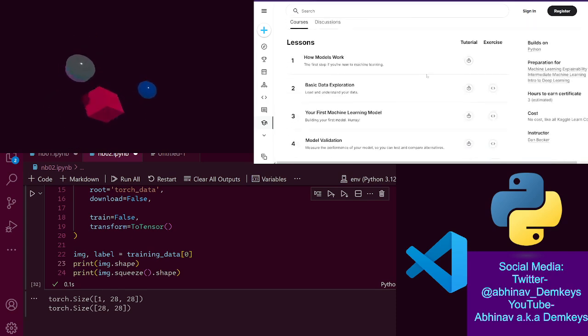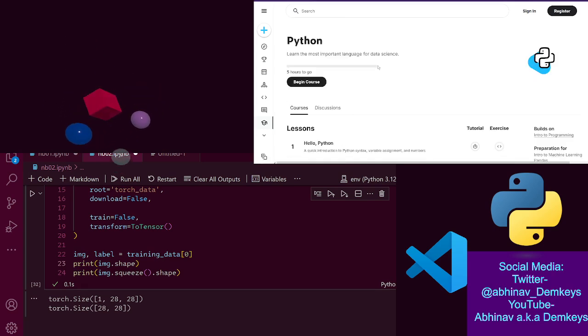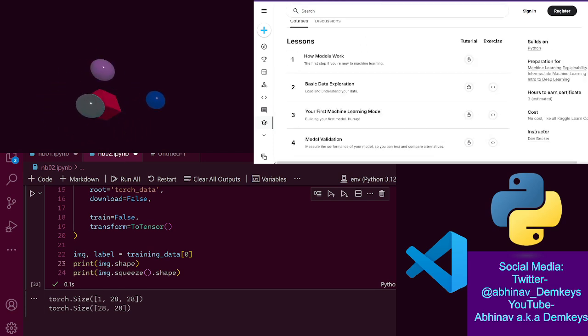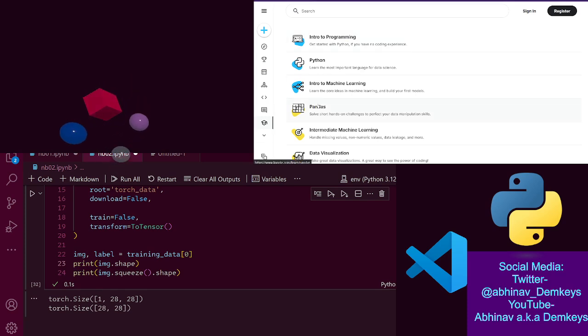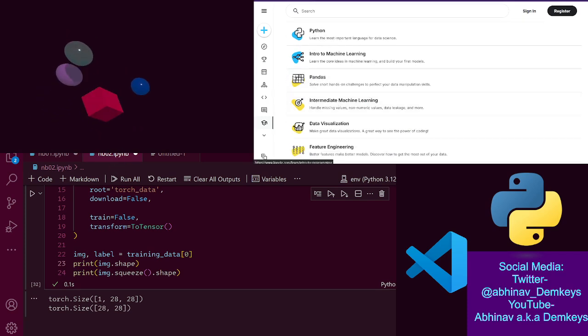And then here they started teaching about models and dealing with data using pandas, and actually they cover pandas later on as well. They go into detail with pandas, and then they also have this intermediate machine learning section,